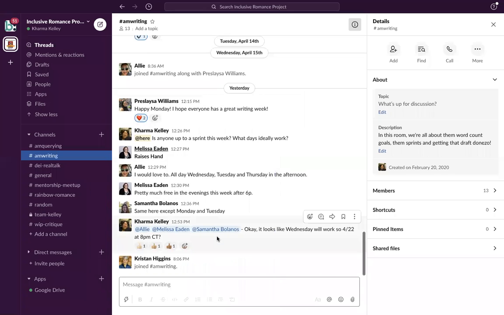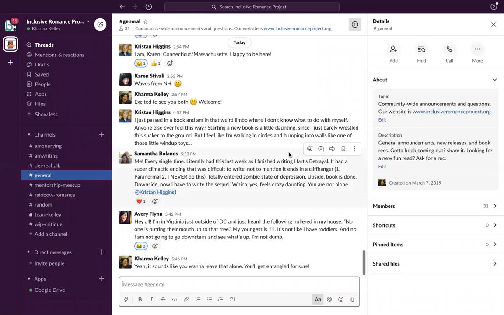Another thing is when you're writing. There are a couple of ways that you can interact with folks in the groups. Like in the general room, you see a lot of different responses here. You can do your message, add whatever kind of links you want. You can format it however you want. You can also mention somebody, as you can see here, and that will let the person get a notification that someone has tagged them.